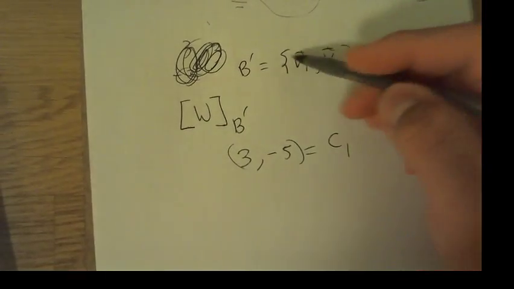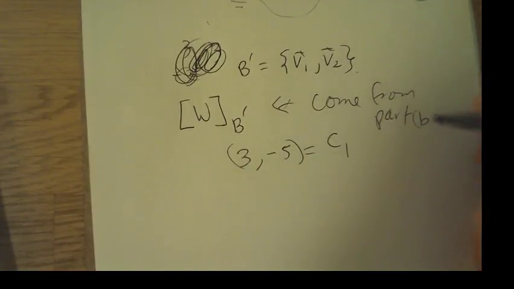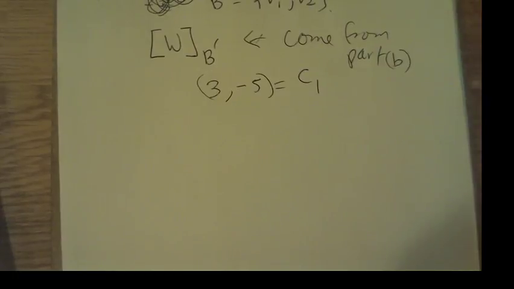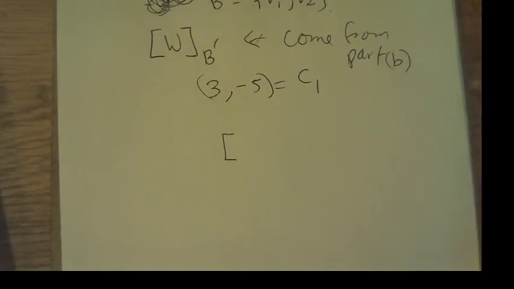So this would come from part B, because if you're using the transition from B to B prime, you would have